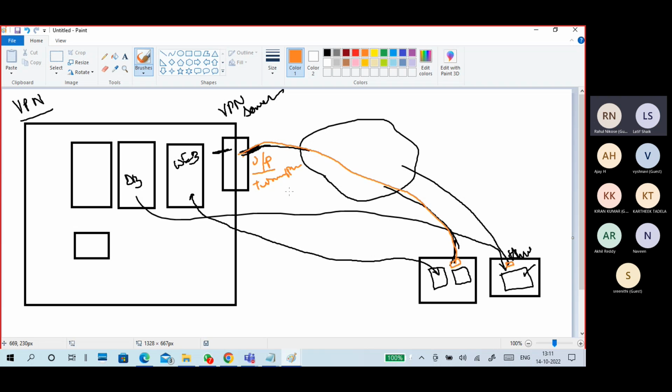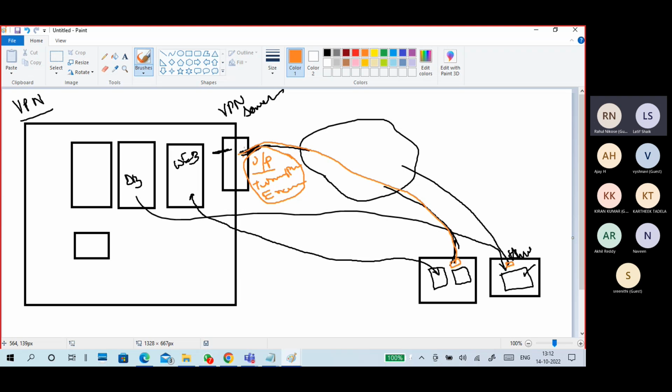Okay. Which type of tunneling protocol are you using? Which type of encryption are you using? So it checks that VPN server. What is the username? Is the username listed? What is the password? Is the password correct? What type of tunneling protocol? What kind of encryption? What kind of request is it? Is there any other token system we should use to get connected, like an RSA token system?